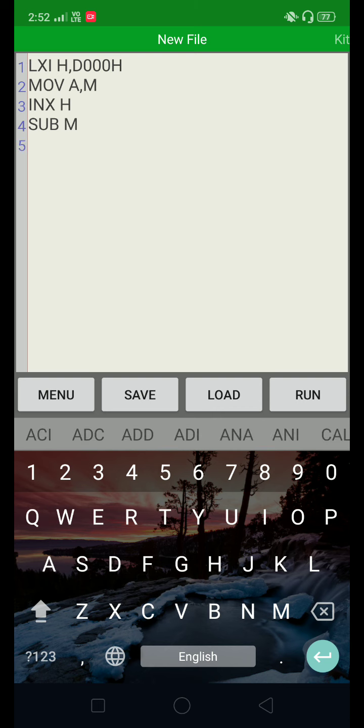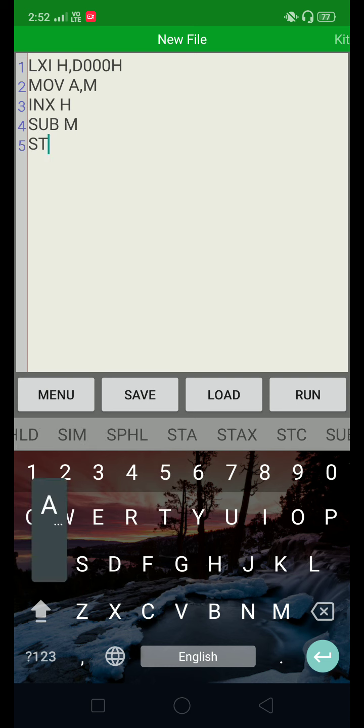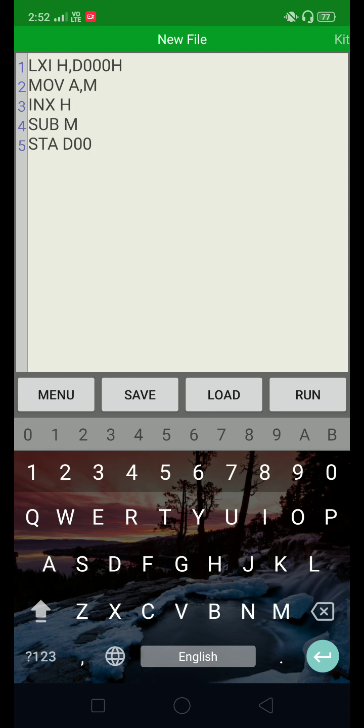Next instruction is to store the accumulator result to memory location. So STA space D002 H, and last instruction is HLT instruction. Okay.